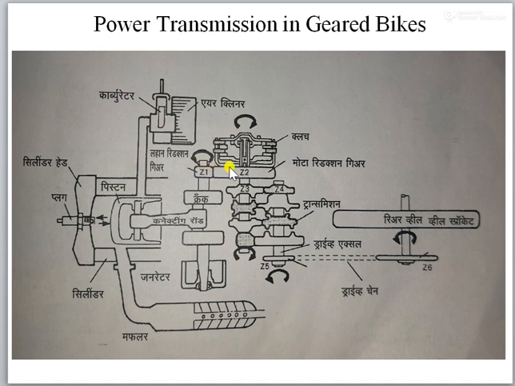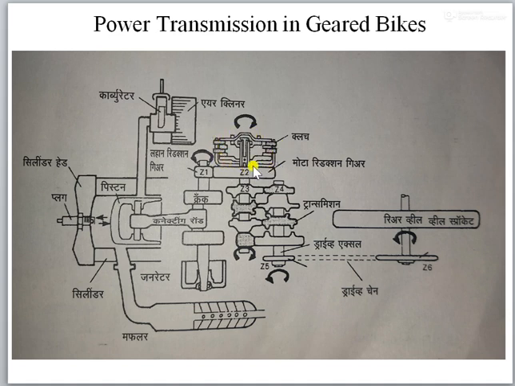Z1 is engaged with Z2, always engaged meaning always in mesh condition. That means when the piston reciprocates, the connecting rod oscillates and reciprocates, and at the same time the crankshaft rotates, and Z1 will start to rotate, and that rotary movement is transmitted to Z2. And that Z2 is connected to the outer housing. This is the clutch housing.